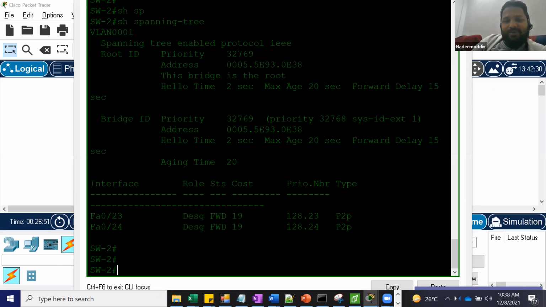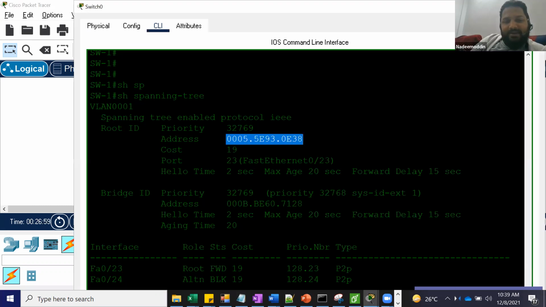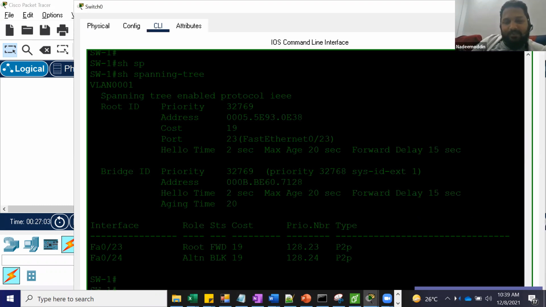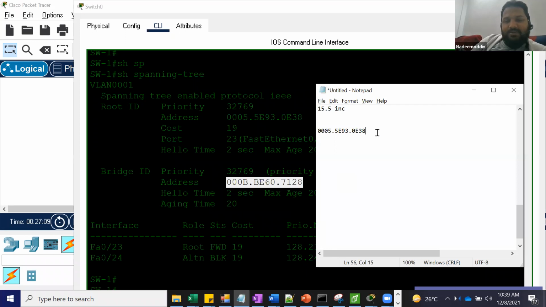Oh, sorry, that's switch 1, and this is priority. This guy's MAC address is here, its own MAC address. See, this is the switch 1 MAC address, and this is the switch 2 MAC address.